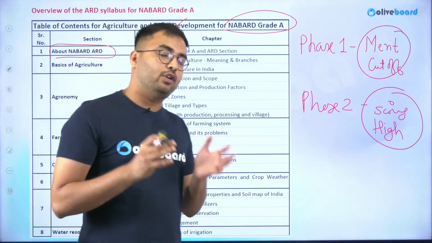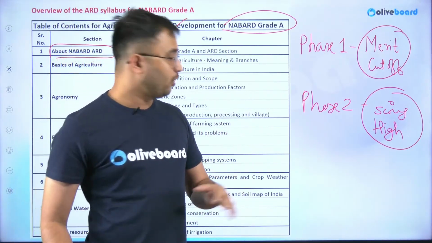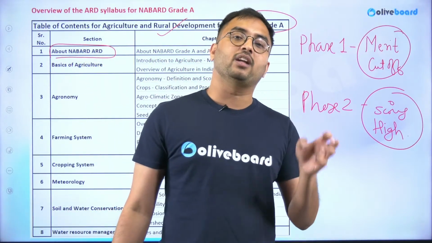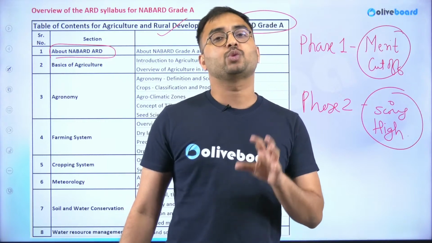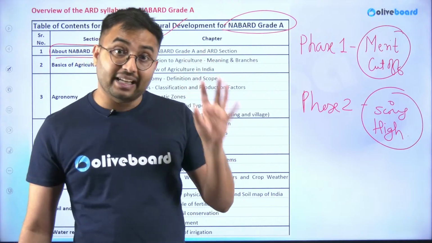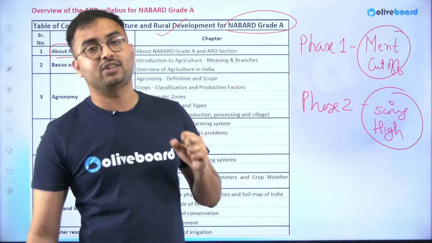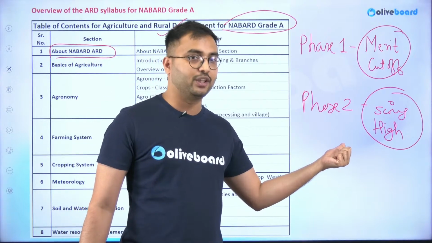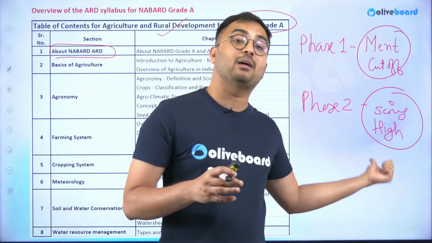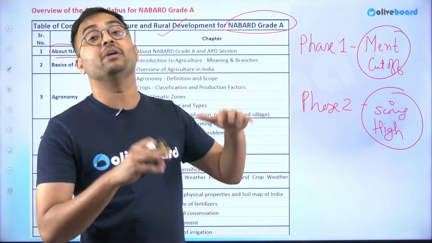Not only this, I already told you that NABARD is an institution connected to agriculture and rural areas. Your final stage of selection is the interview, and you cannot forget that. In the interview, the panel always tries to ask questions associated with the agriculture domain. Considering that tomorrow you are going to be a Grade A officer, that is assistant manager, who will be looking after rural development and the agriculture sector, he should have knowledge of agriculture. Don't you think so? So this subject is important not only for clearing the exam, but its importance is beyond the exam.